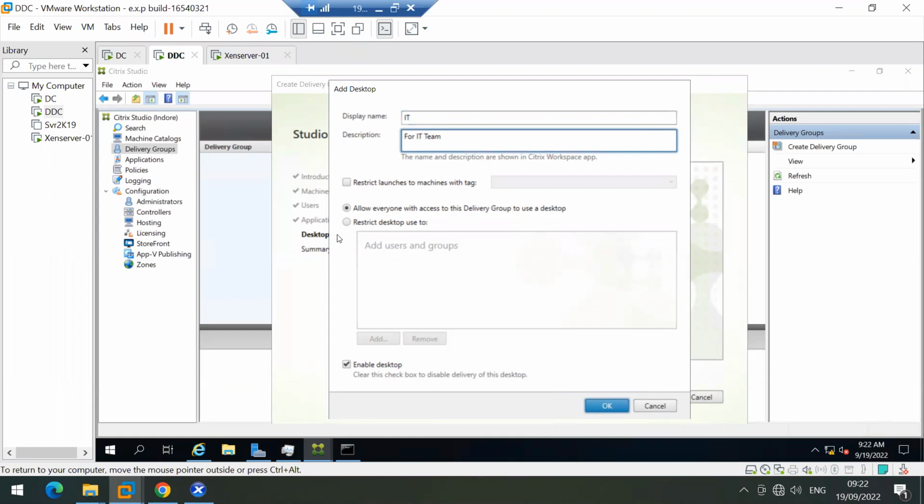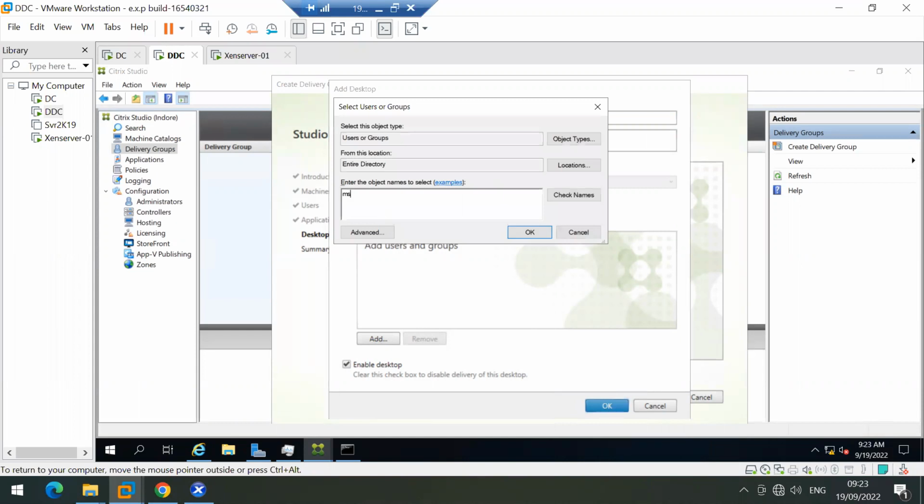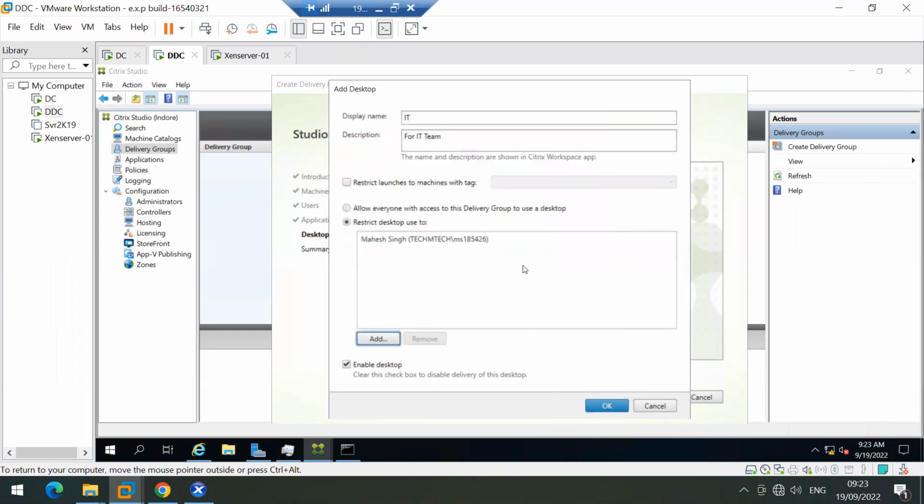And again we have to restrict. Why? Because we do not want to publish the application to all the users, right? So simply let me select the same username here. Simply click OK. So this is the option to enable or disable the desktop. Just suppose you have got some requirement where you just have to publish the